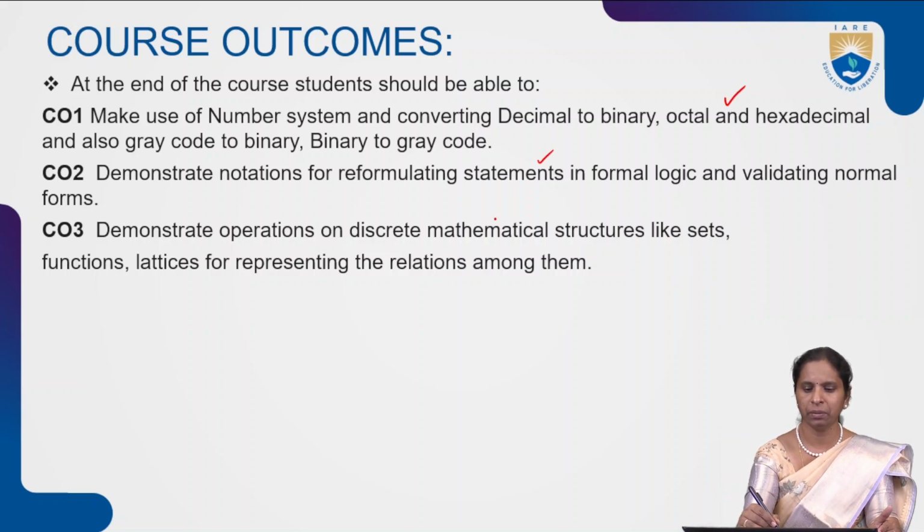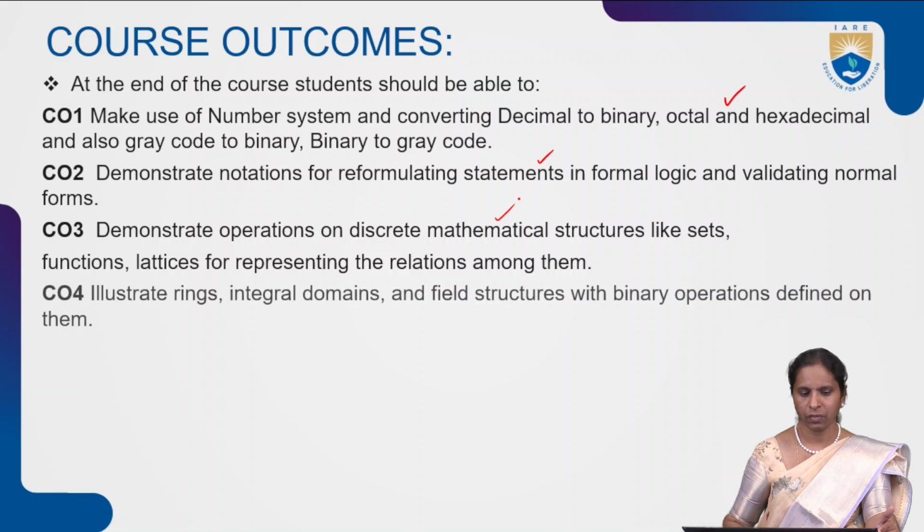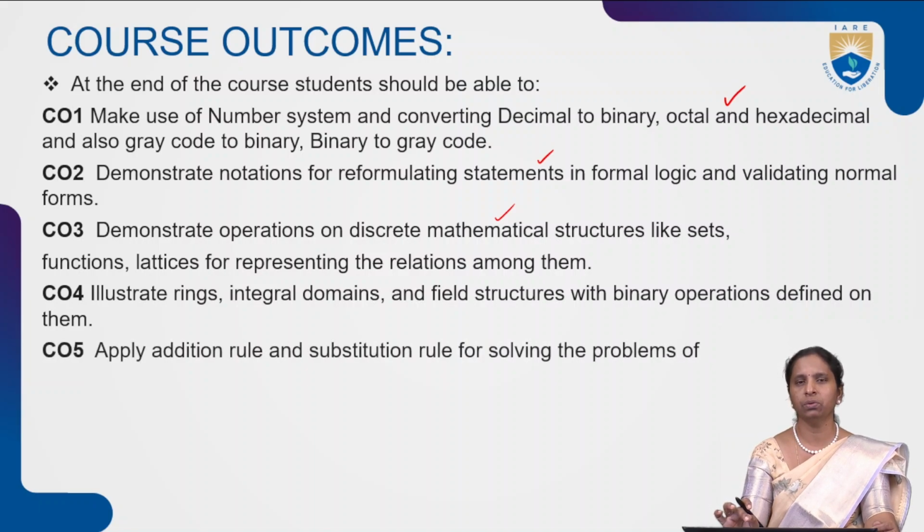And the next one is that the students will be able to illustrate the concept of rings, integral domains and field structures with binary operations defined on them. Next, the students will be able to apply the addition rule, subtraction rule and substitution rule for solving problems of combinatorics. It means in order to solve for the probability of events occurring and counting problems, you can use the addition rule as well as the substitution rule. So these can be applied to solve the problems of